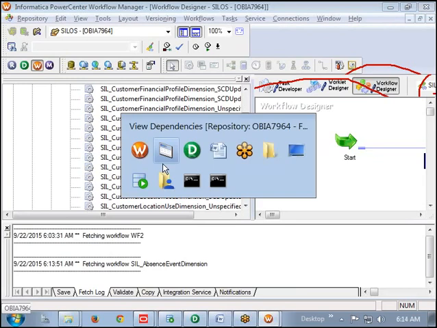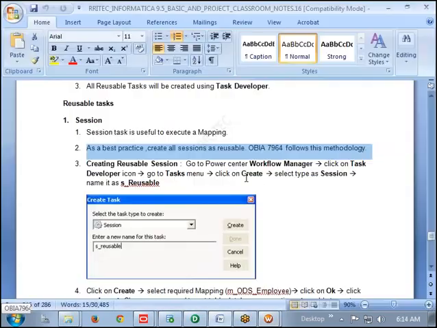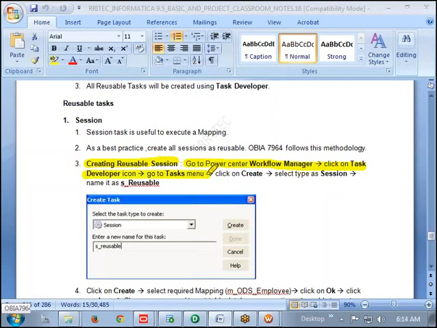Okay. Now that's what I want to tell here. As a best practice, create all sessions as reusable. OVA 7964 follows this methodology. Creating a reusable session: go to Power Center Workflow Manager, click on the Task Developer icon, go to the Task menu, click